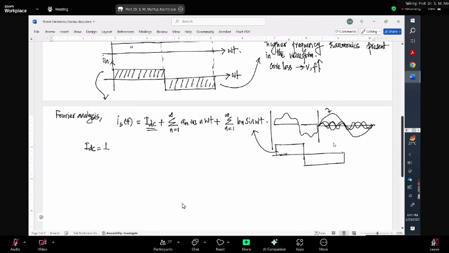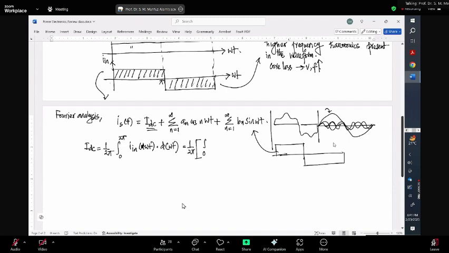It should be 1 over 2 pi, from 0 to 2 pi, I in omega t multiplied by d of omega t. Since this signal is a flat one, we can write it as 1 over 2 pi, then from 0 to pi,